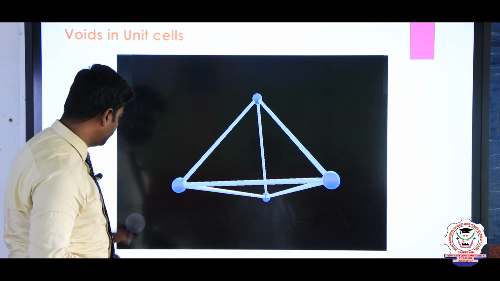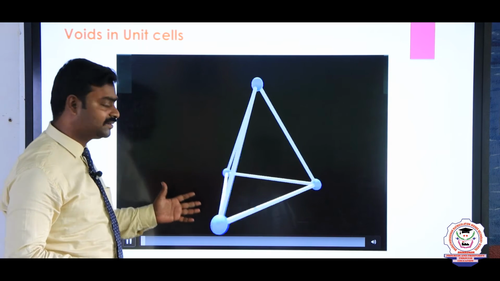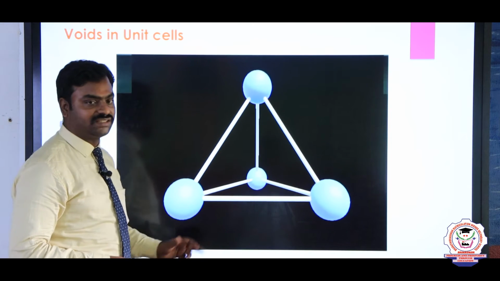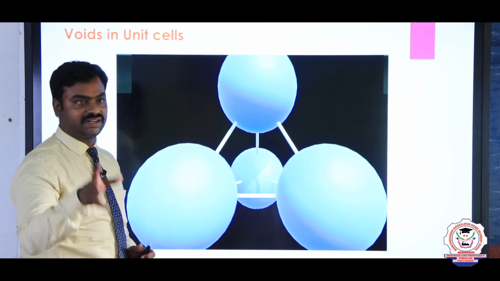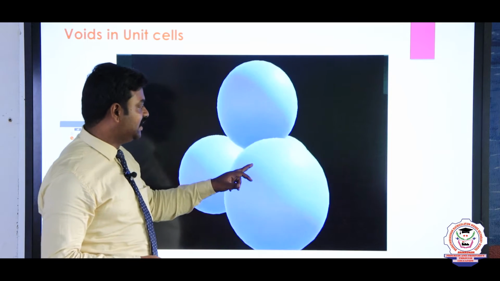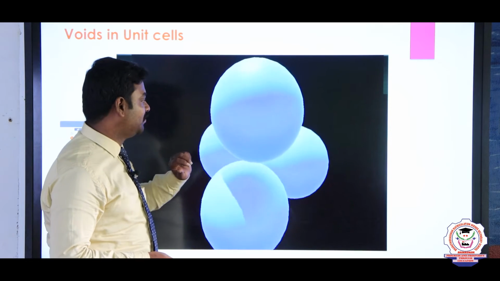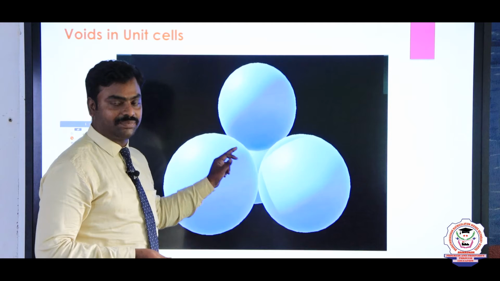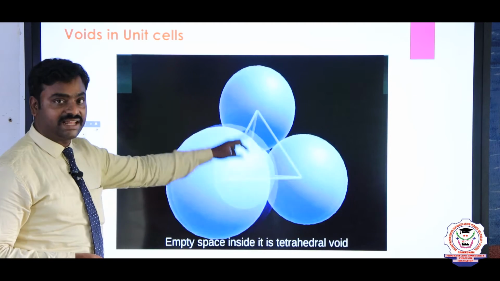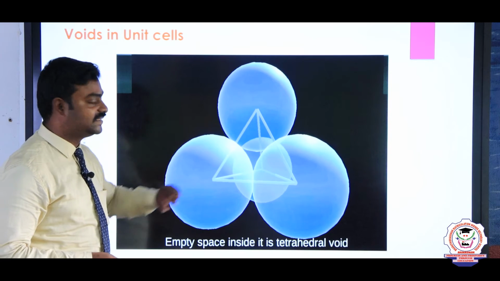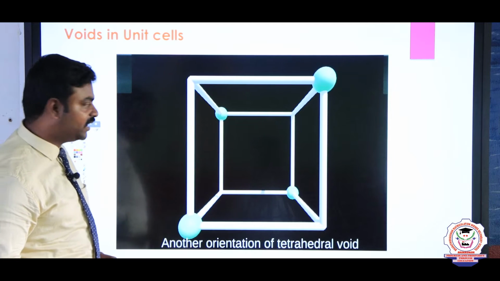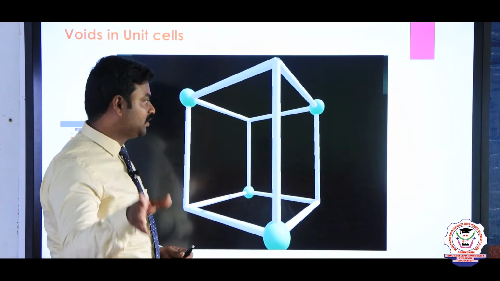So, this is a beautiful representation of tetrahedral arrangement. See, 4 atoms are arranging in a way, it makes a perfect tetrahedron like a methane molecule. You can clearly see there is a gap inside the molecules. This gap is known as tetrahedral void. So, the tetrahedral arrangement has been shown here, as well as there is a gap among them, that is known as tetrahedral void. The tetrahedral void can be formed in simple cubic also.